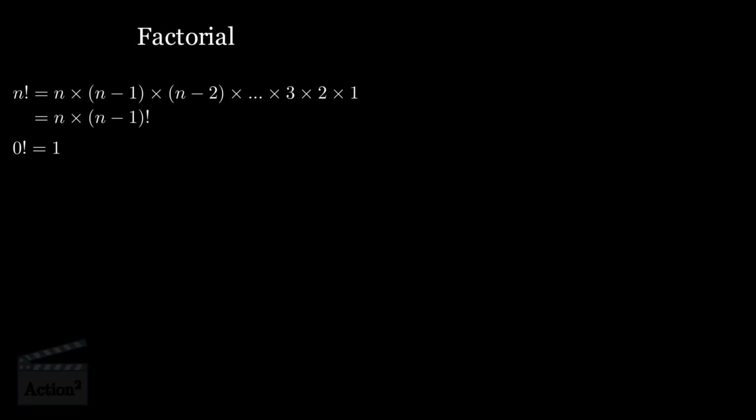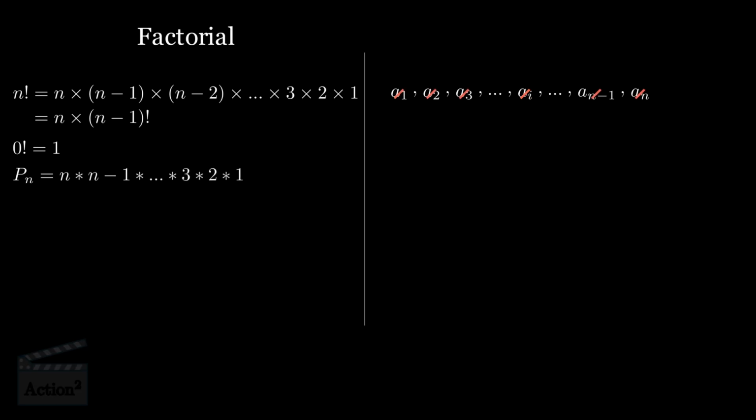One of the main applications of factorial is in computing the number of permutations of elements. Assume n elements a1, a2, a3, up to an, which need to be organized in an arbitrary order. Then, there are n options to choose for the first element. There are n-1 options for the second element. And this process continues until there is just one option for the last element. The product of the options, which goes from n to 1, or n factorial, gives the total number of possible